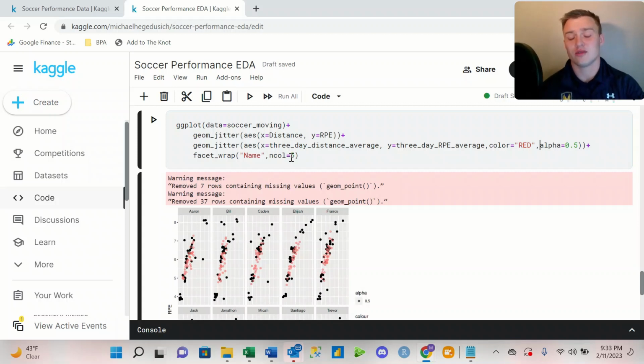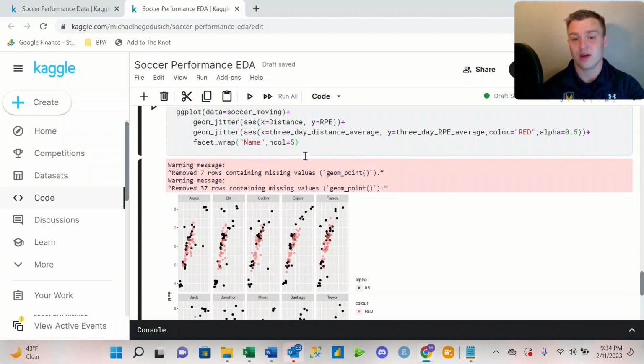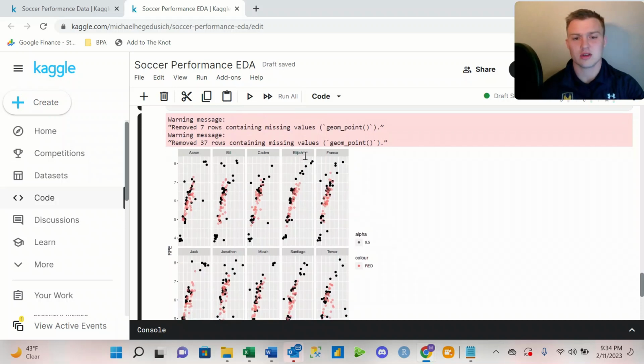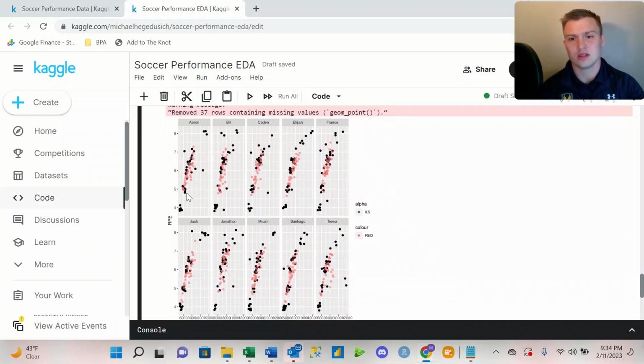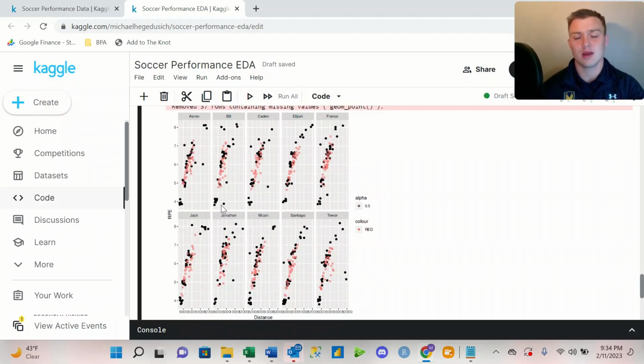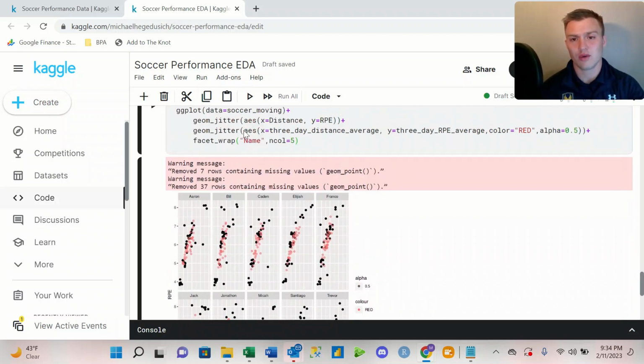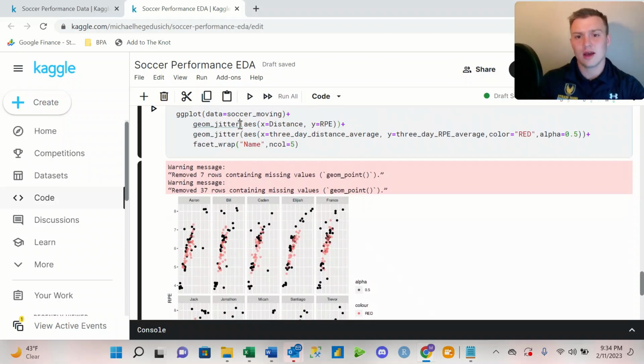Then we're also going to facet wrap by the athlete's name. And then we want to do number of columns equals 5. That way we have 2 rows of 5 here. When we run these lines of code like this, we can see how the single day values differentiate from our 3-day moving average. Now, if we were to look at changing it from geom jitter to geom point,